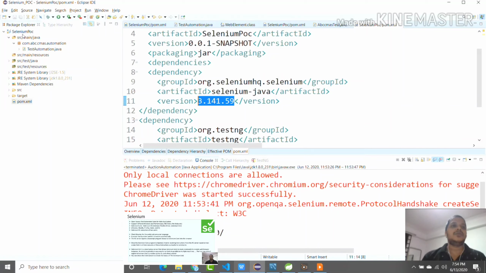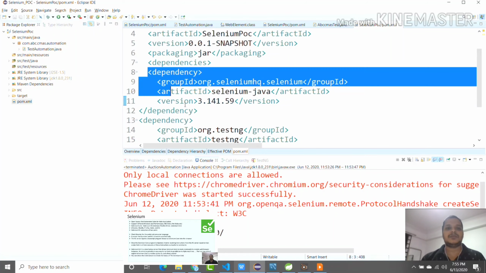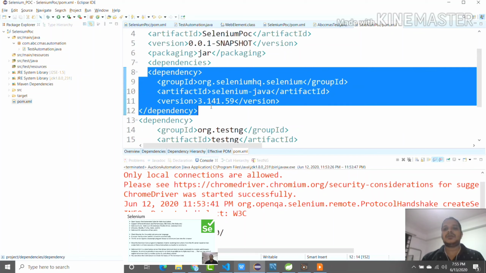When you create the Maven project, this is the main pom.xml file, and here you will add the dependency. For those who are not aware of Maven, this is the file wherein you can put all the dependencies, and these dependencies will be part of your project class path.